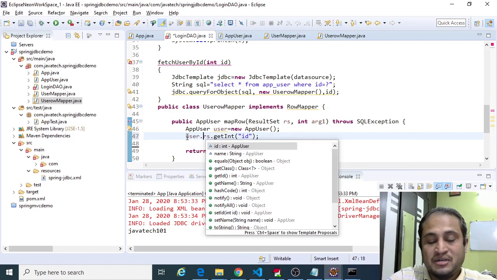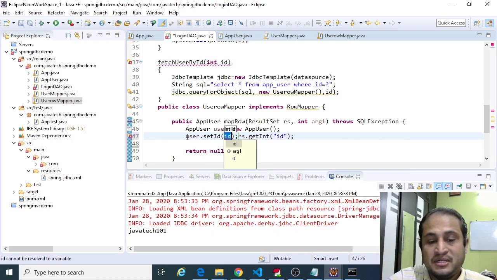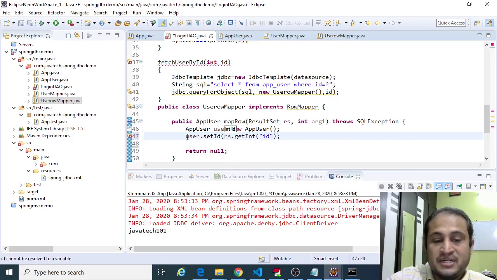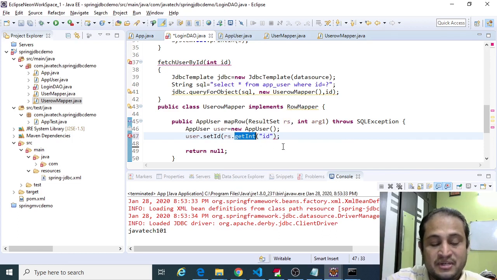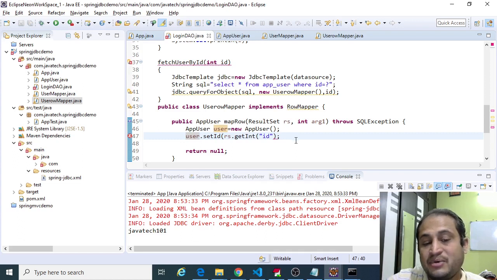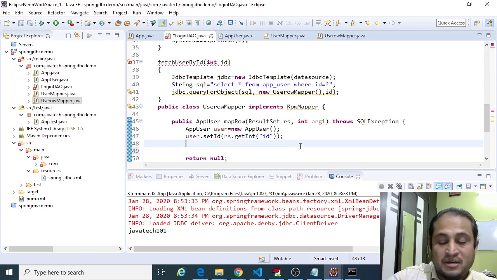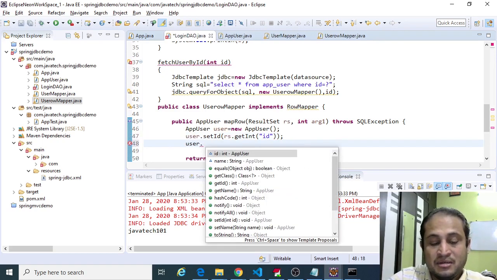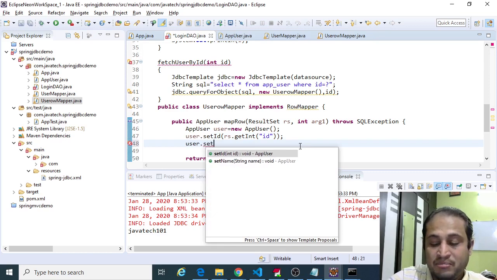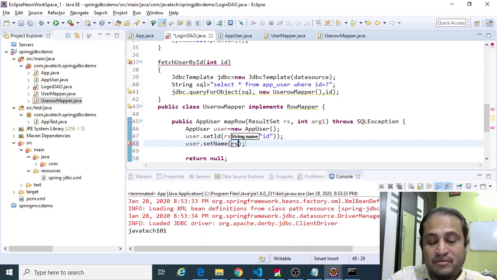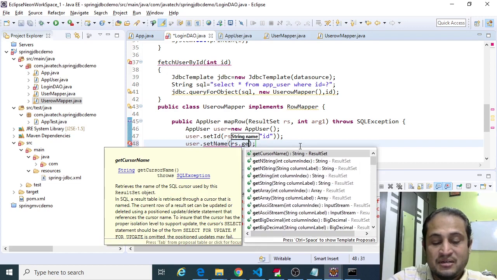So user dot set id, we will set with this integer value, so that the user object gets correctly set by this method. I think I need another bracket over here. And user dot set name, whatever we are getting from rs dot get string.